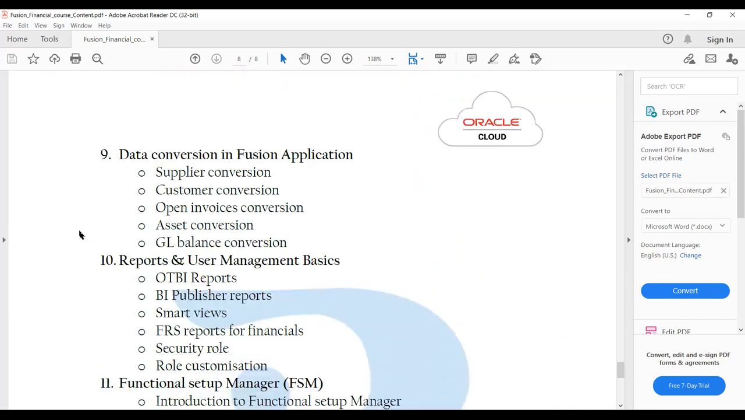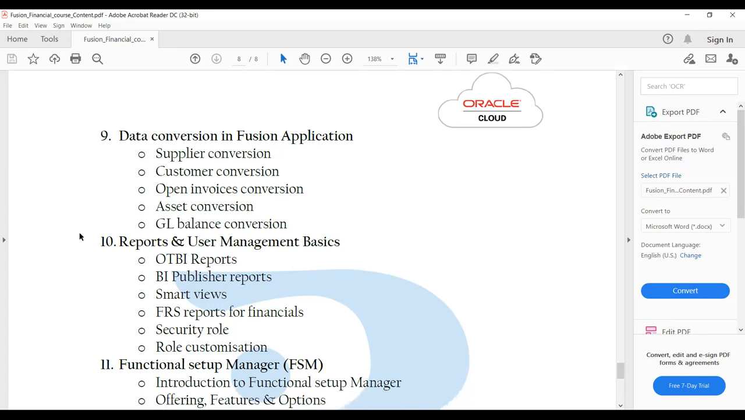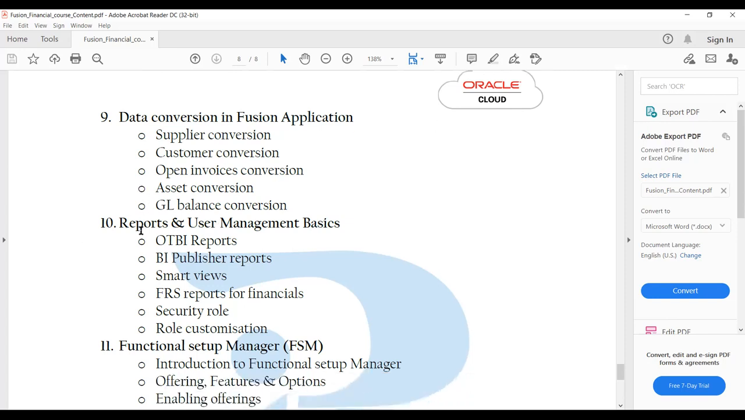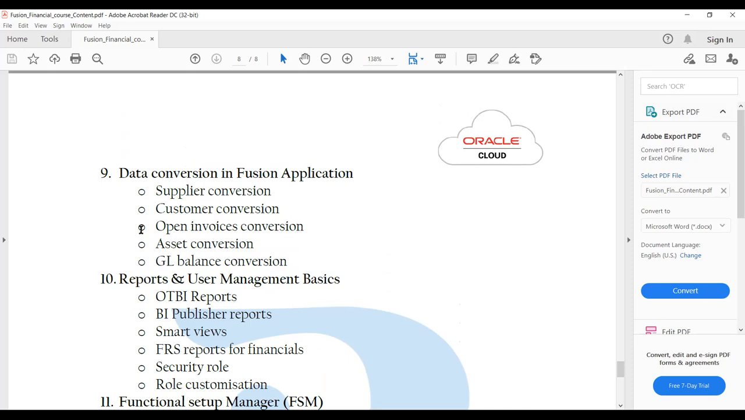Okay, so for expense and tuition fusion tax, we also don't have much tax. It is similar to EBS with a few changes to it. And apart from this, open invoices conversion, you will see how we will do it in